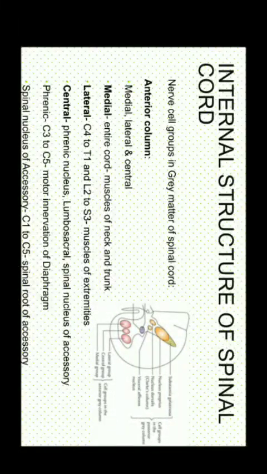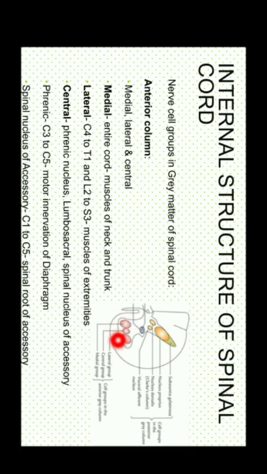Let us see, or enumerate, all the nerve cells which are present in the gray matter of the spinal cord. So this is the gray matter. You can see this is a half part, this is the hemisection of the spinal cord, and here you can see this is the gray matter and the remaining part is the white. This gray matter has different nerve cells. So let us first see